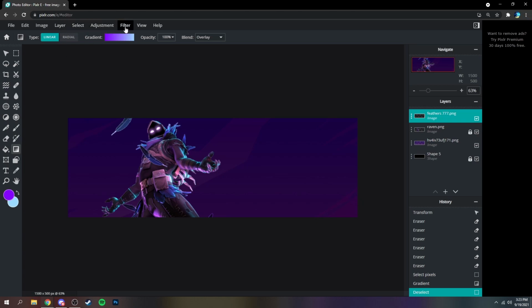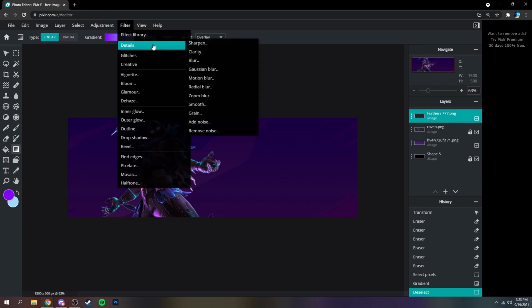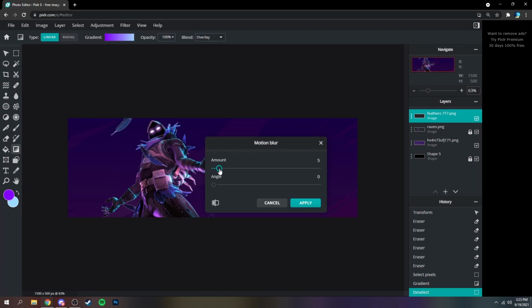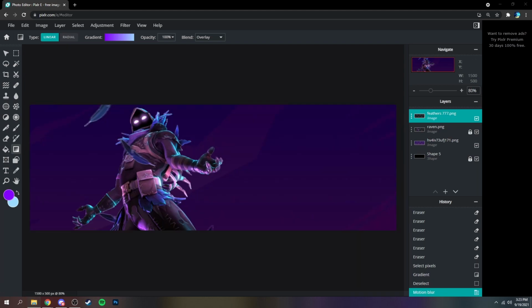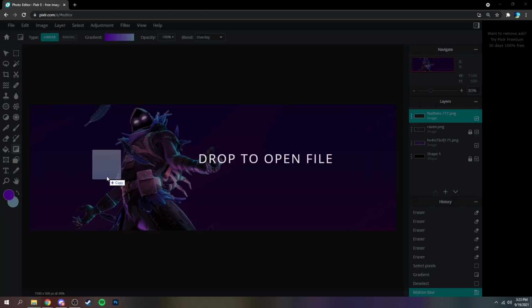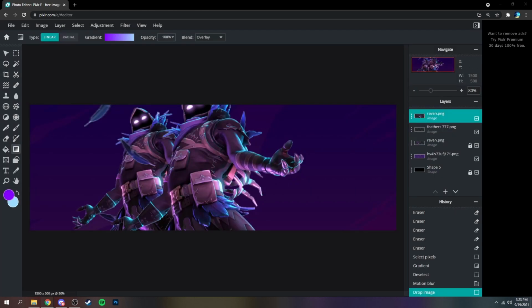And then go up to filter, and then details, motion blur, put the amount on 5 like that, and you can leave it like that. You can mess with the angle a little bit if you want, but I think I'm just gonna leave it right there. Alright, next what you're gonna want to do is drag the character in again, so you have him right there,